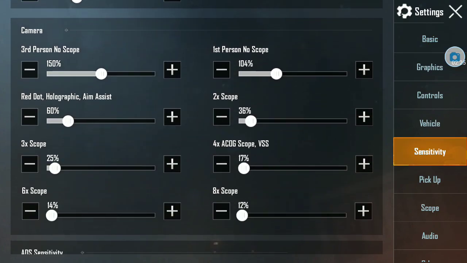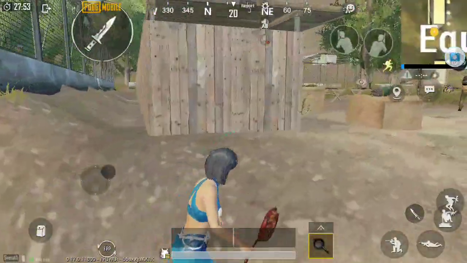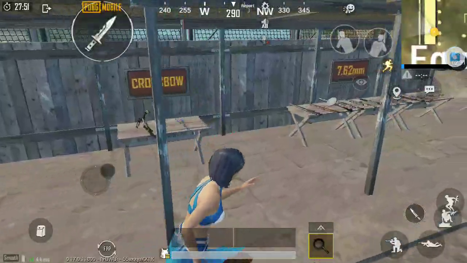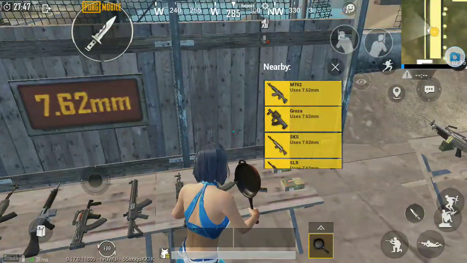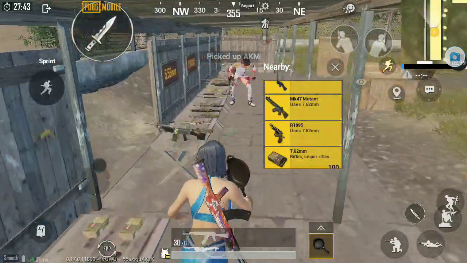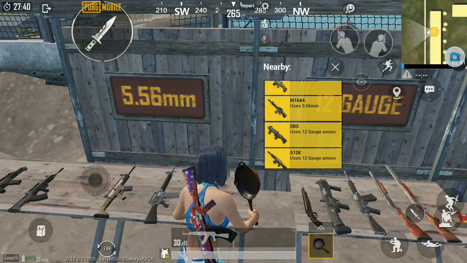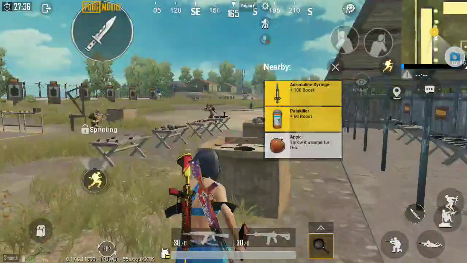Red dot, 2 scope, 3 scope, 4. Okay. So first red dot. First you go to here and take whichever gun you're most likely using. Most people are prone to use AKM as well as M4, so I took both of these guns.